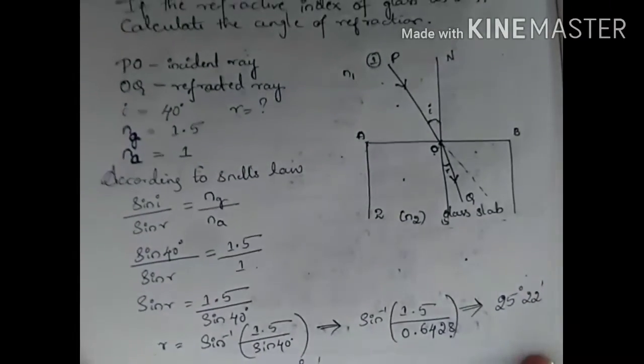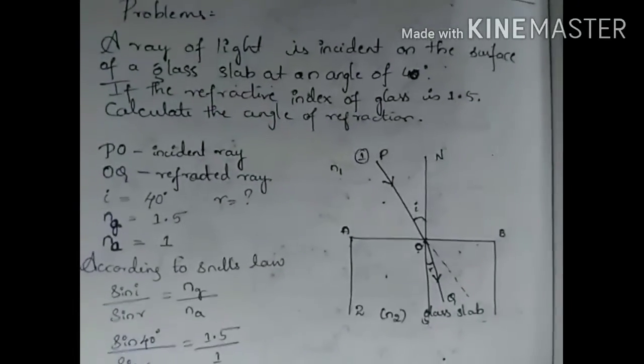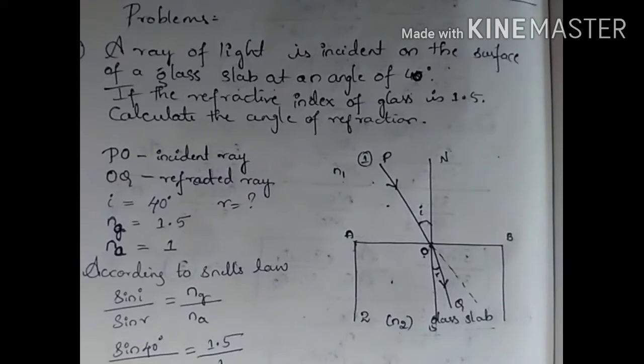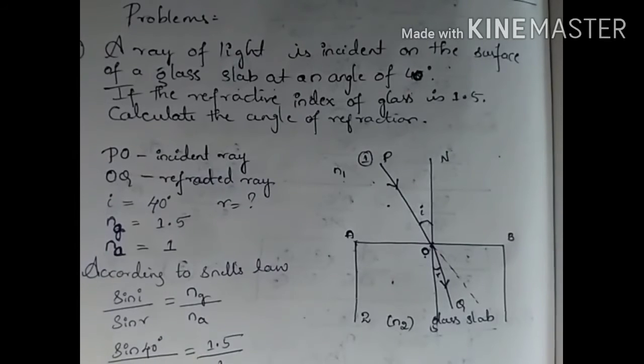We first tried to understand the diagram for the problem which is given above. Before solving the problem, we drew the ray diagram, wherein we understood how and where the light ray is passing. From medium 1 to medium 2, the light ray is moving. Here medium 1 is rarer medium and medium 2 is denser medium. From this diagram we understand what is the angle of incidence and what is the angle of refraction.